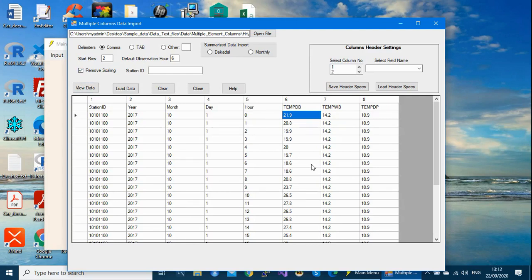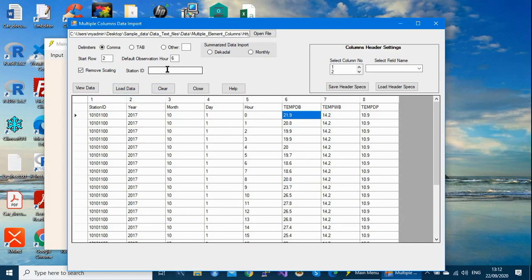The decimal is applied back when we want to import this data to the observation final table. So during the import process, the system will remove the decimals, which is okay.